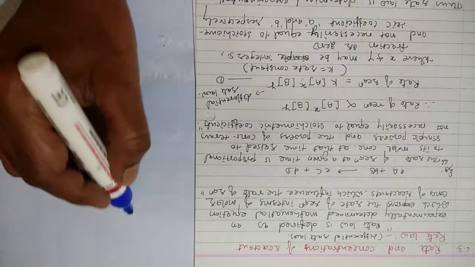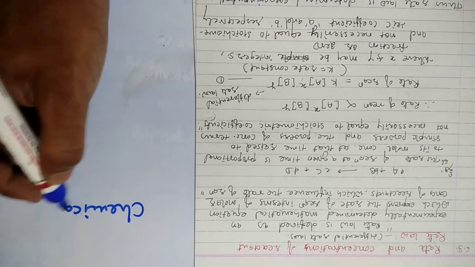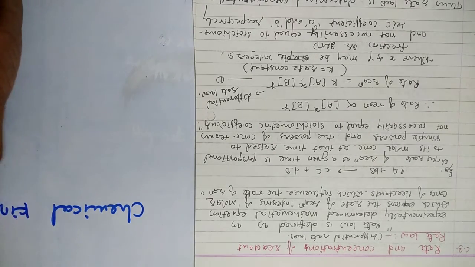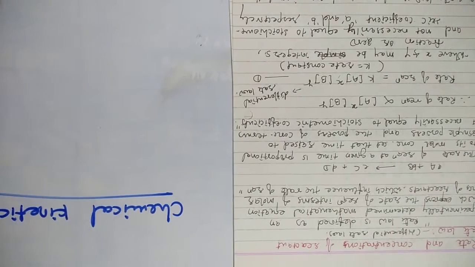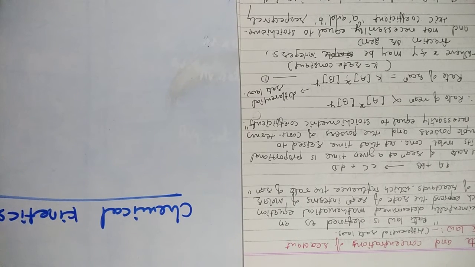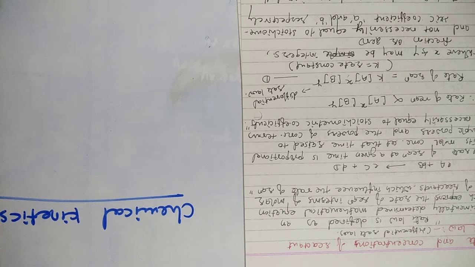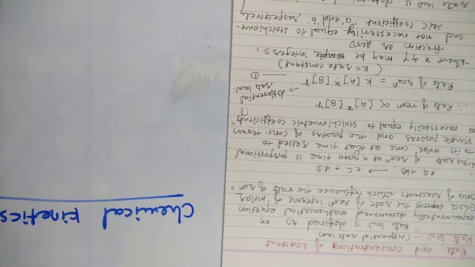In chemical kinetics, we have seen the rate of reaction and the instantaneous rate of reaction. After that, the average rate of a chemical reaction and how to find the instantaneous rate from the graphical representation. All these, and how the concentration affects the rate of the reaction, we have already seen in the last video. Okay, now let us start today.